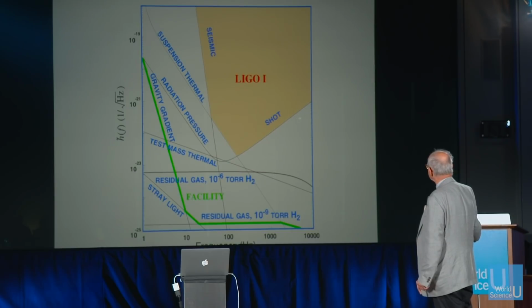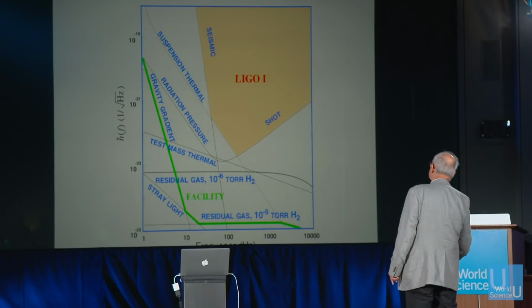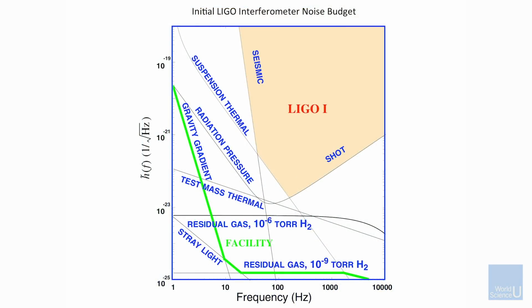So now what are the components? And that's what I wanted to show you. Here are the things that come and disturb it. What makes it so that you can see this? The sensitive region is right here. And this is for the first detector, and we'll show you at the end for the better detector that made the detection. It's not very different, it's just better, but the ideas are the same. So in here, what's called shot noise on this side and radiation pressure on that side, we call the quantum noise. In other words, this is the thing that would lead to the same thing in this system as the Heisenberg microscope does when you study quantum mechanics. Okay, so in other words, here is how well you can measure the phase.